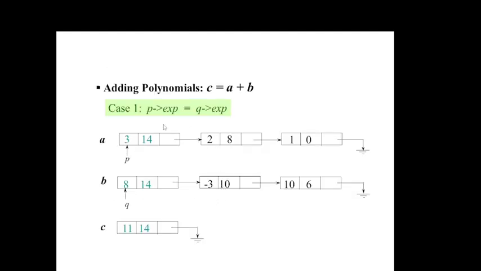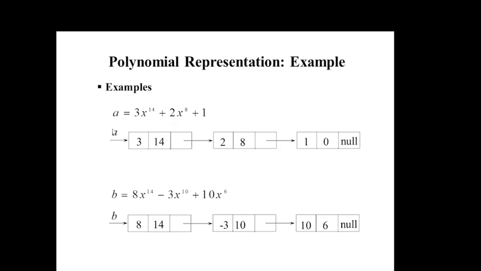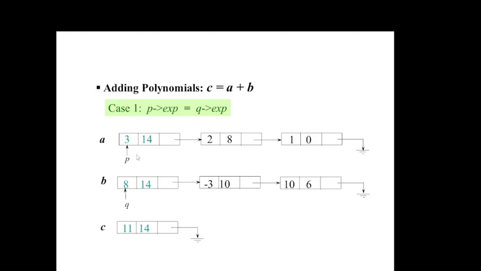So here three cases arise when you add polynomial a and polynomial b. Polynomial a is here and polynomial b is here, and you're going to write c equal to a plus b. So the representation you understood. Now let's say we are going to add these two polynomials. First case is that pointer p is pointing to the first node of the first linked list. We need actually two linked lists here. First linked list will be